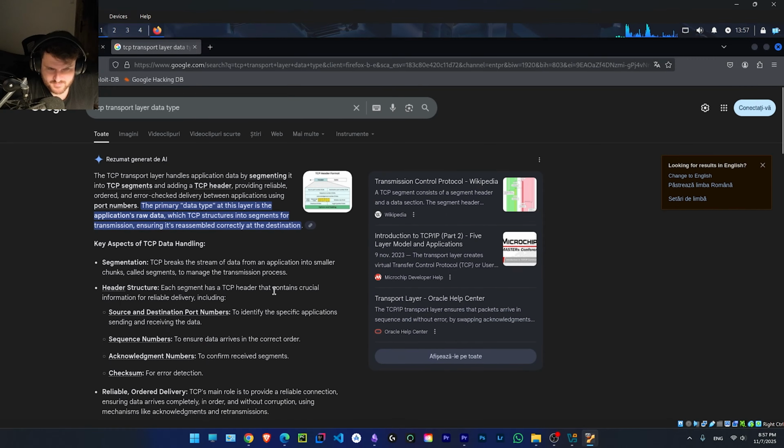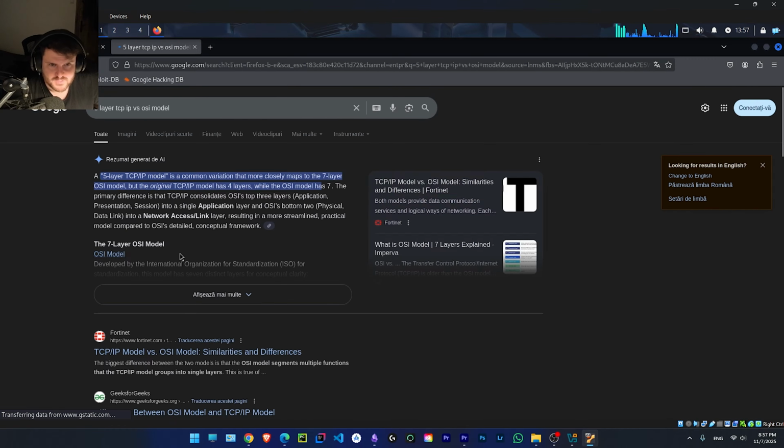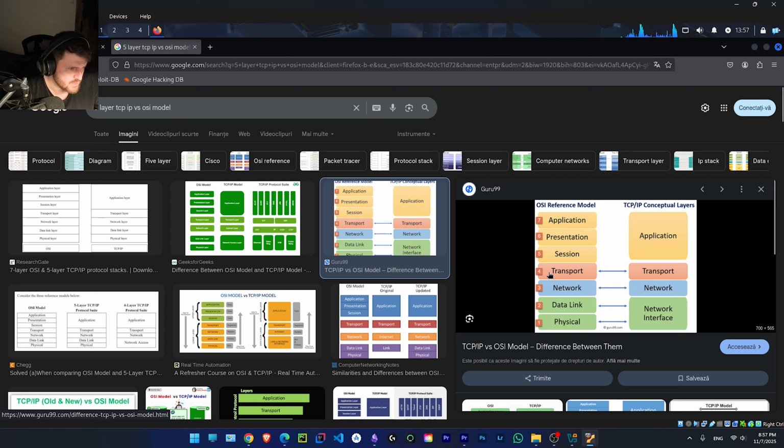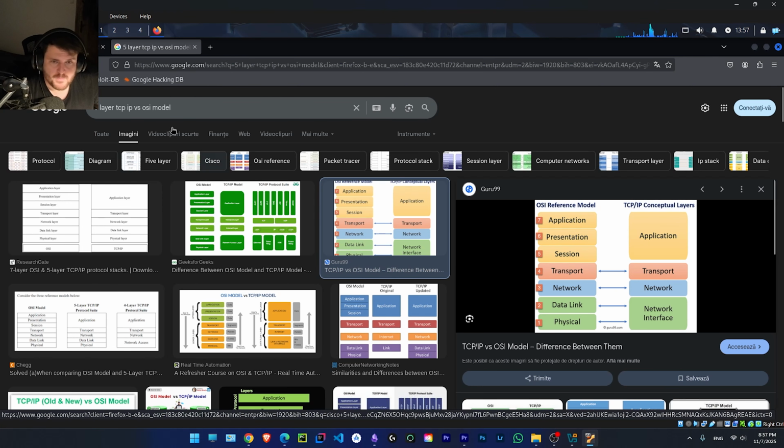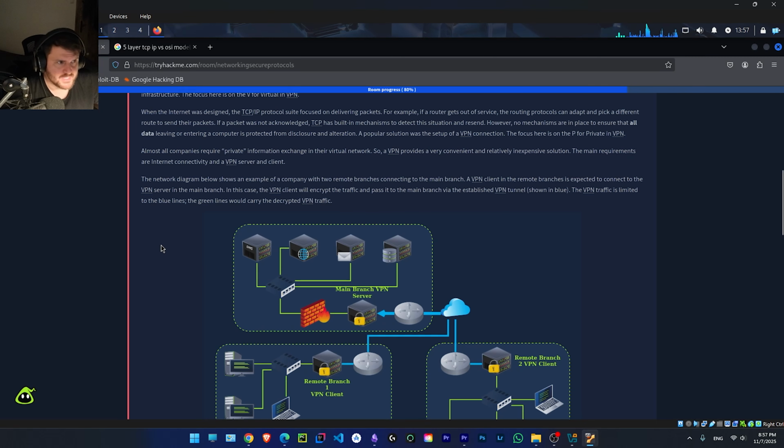Segments and datagrams are in the transport layer. So the physical layer or the network interface carries bits, the network layer carries packets, and the transport layer carries segments or datagrams.